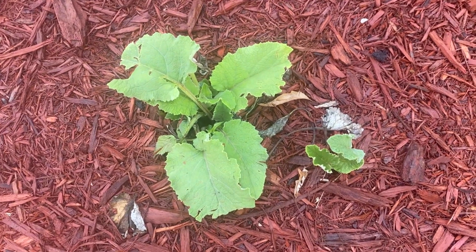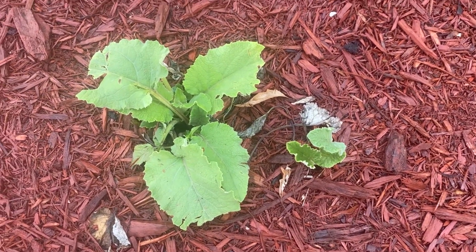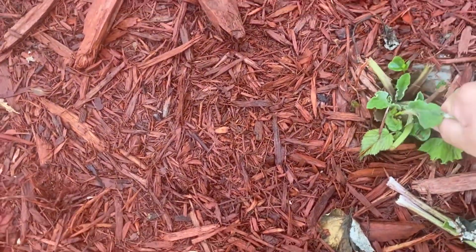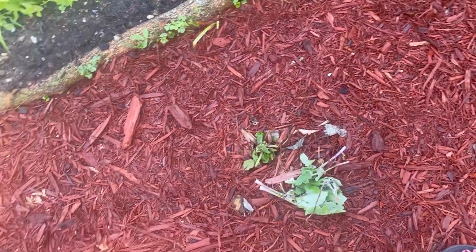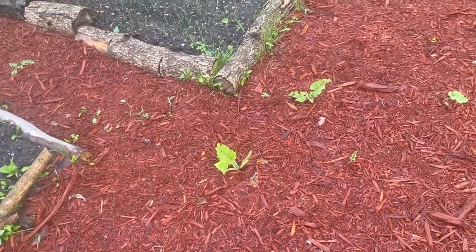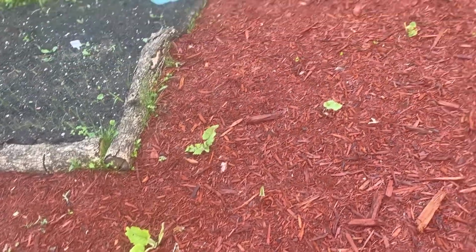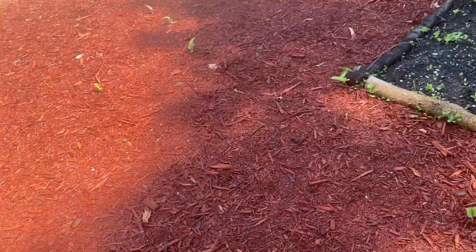I thought thistles were from the double, but these are right there with them. Not because they have thorns, but simply because they don't go away. I have pulled these out so many times in an attempt to kill them, and they keep coming back. And they're everywhere in my yard. And I can't use 240 because of the garden. So I just have to keep pulling them and then using this Epsom salt, dish soap, vinegar solution. That's been working, but they still come back. So in any case,